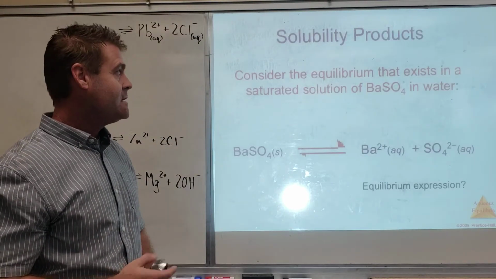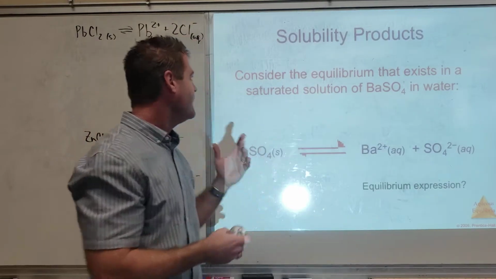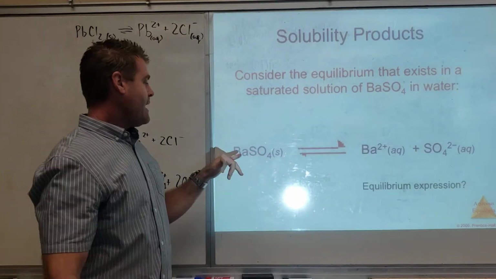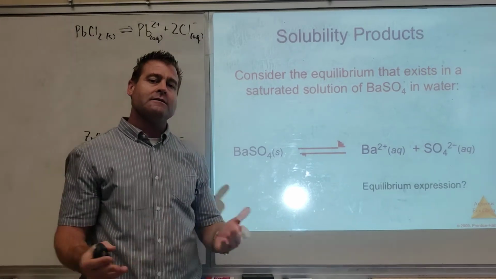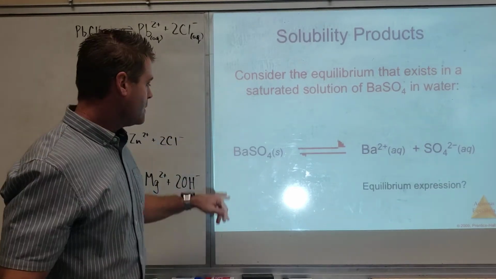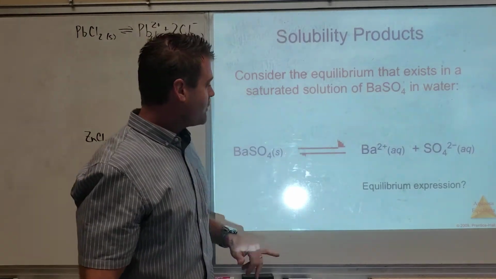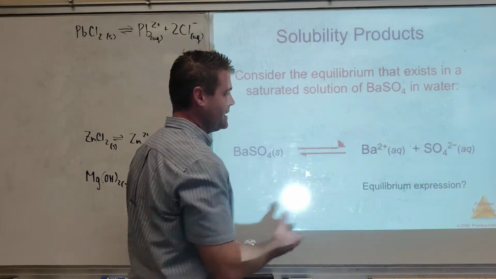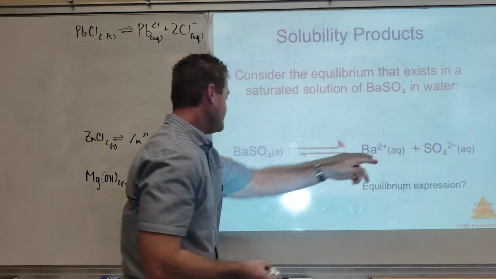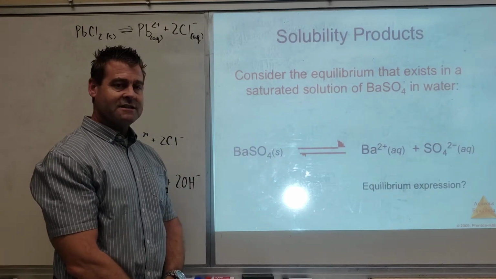Okay. Solubility products. This is where that term comes from. When you guys think products, think about multiplying, right? Think about if you have a salt or a solid that is to some measure soluble in water. So we take our barium sulfate, which is a salt, it's a solid. It can undergo a reversible reaction in which some of it dissociates. You guys notice it becomes aqueous. So this would be it dissolved in water, and whatever amount remained as a solid would be the